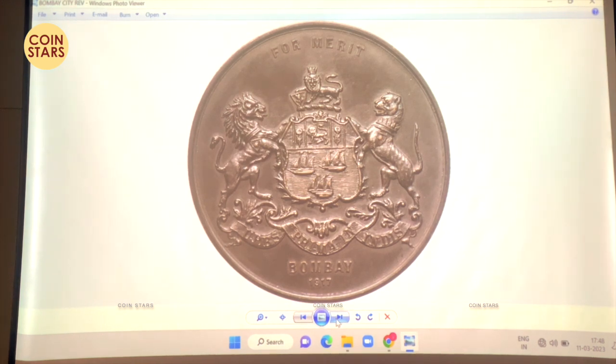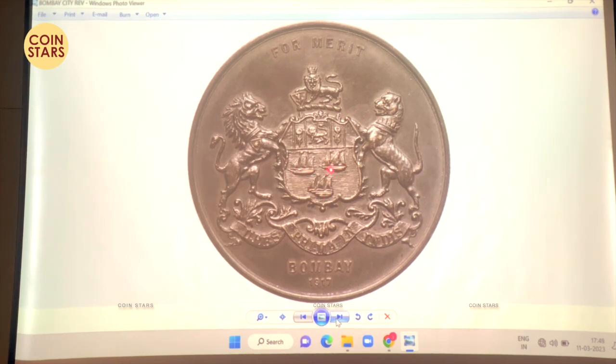This is Bombay city. 2 cities were given during the British rule. Like in England, many cities had their own monograms. So similarly, here also they had 2 cities were given monograms. One was Bombay and the second was Calcutta. Calcutta at that time was the capital city of India. And this Bombay is here being a port.